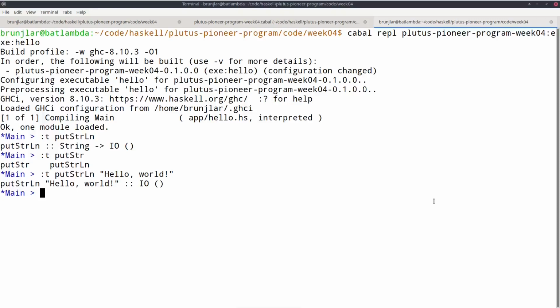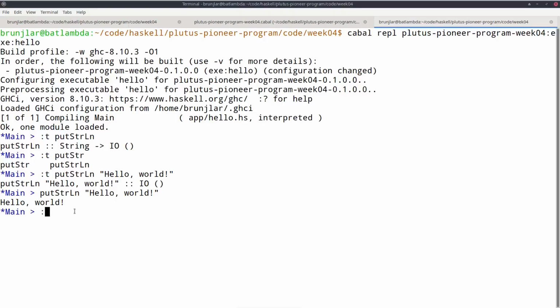I also mentioned that another way to actually execute an IO action is to do it in the REPL. So earlier I asked for the type of this expression, putStrLn "hello world", but if I just enter it like that, then it will actually be executed in the REPL. So this hello world is the side effect happening while executing this IO action. So we have one example of an IO action, or a way to create one, namely this putStrLn.